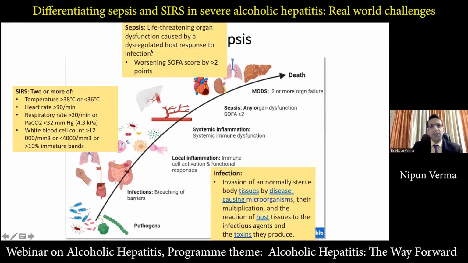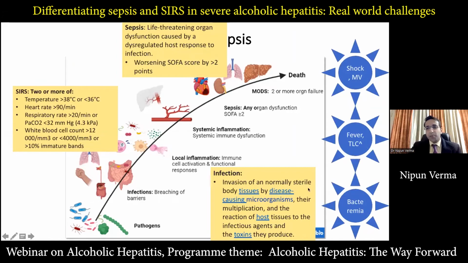Characteristically, there are three major components of sepsis: the infection, then the dysregulated host response to the infection, and the third is the worsening of organ dysfunction, which is operationalized with the SOFA score by an elevation of SOFA score from baseline by 2 or more points. A typical example is infection being bacteremia,